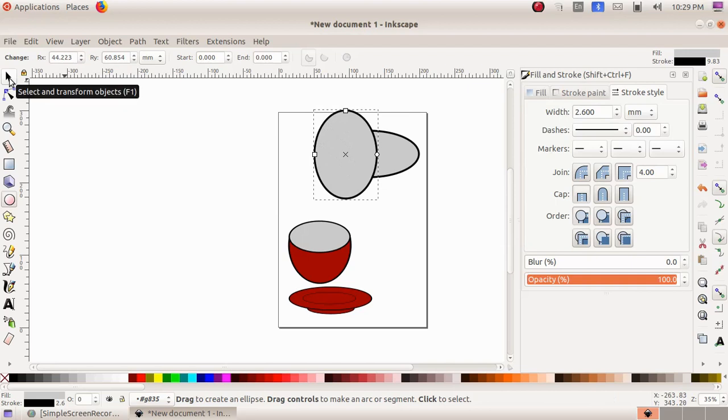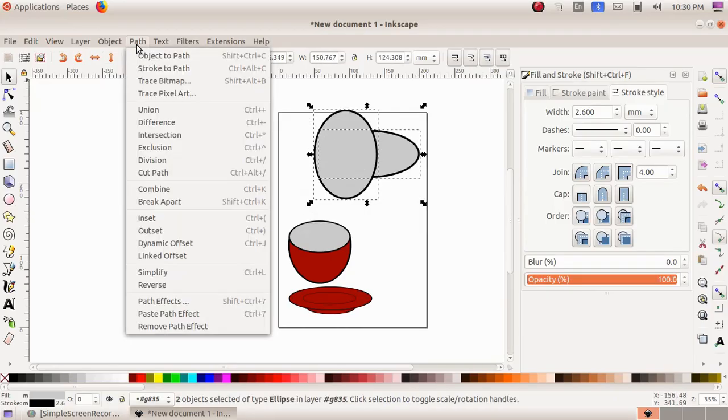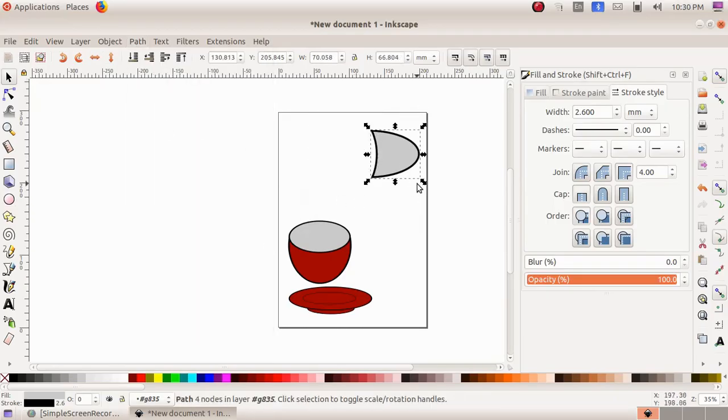Then I am choosing the first tool, select and transform objects, then click, drag and select the 2 ovals, then Path, Difference. So I got the handle. Then dragging it some more smaller, I am going to make the handle's outline some more darker. So I am increasing the stroke width and I am choosing a white color as the inner portion.